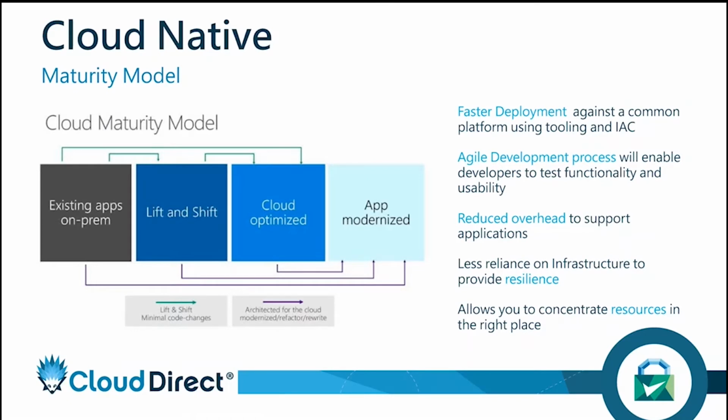agility wise from a scaling perspective. So you'll end up with faster deployments, you'll have a really agile development process, you'll reduce your overheads over time, and then you'll have less reliance on your infrastructure to provide that resilience. So you're basically handing off that heavy workload over to Azure, over to Microsoft, and obviously gaining the benefits of that. And the key thing is it allows you to concentrate resources in where it's going to provide as much